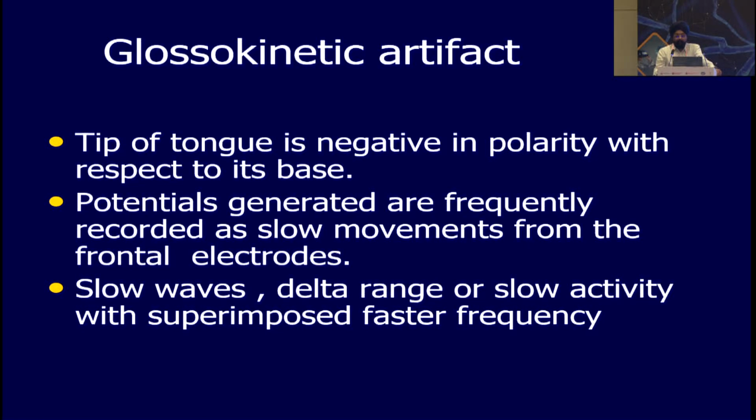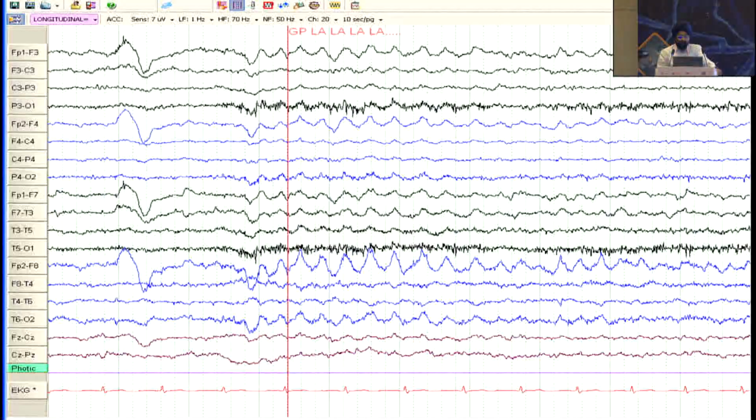Glossokinetic artifact: the tip of the tongue is negative in polarity with respect to its base. Potentials are generated which are recorded from the frontal electrodes during slow movement. You can have a slow wave in the delta range, or slow activity with superimposed faster frequency. Now, this is the classical glossokinetic potential, and it is a polymorphic rhythm which you are seeing over the anterior